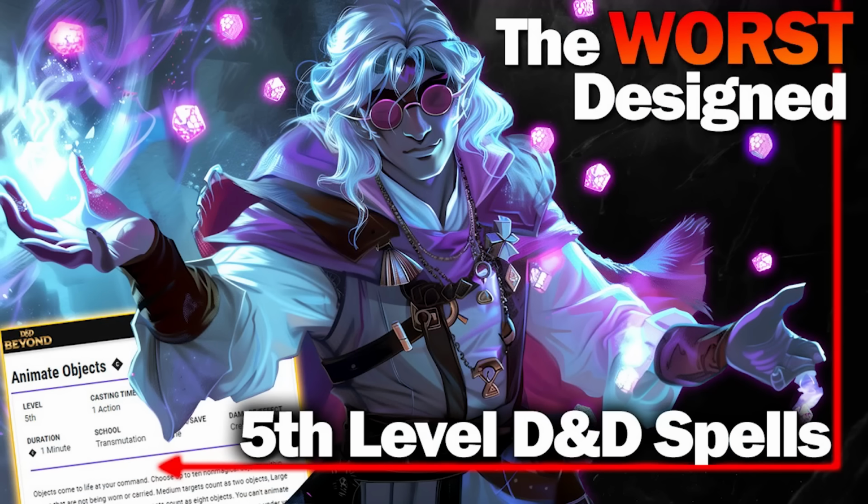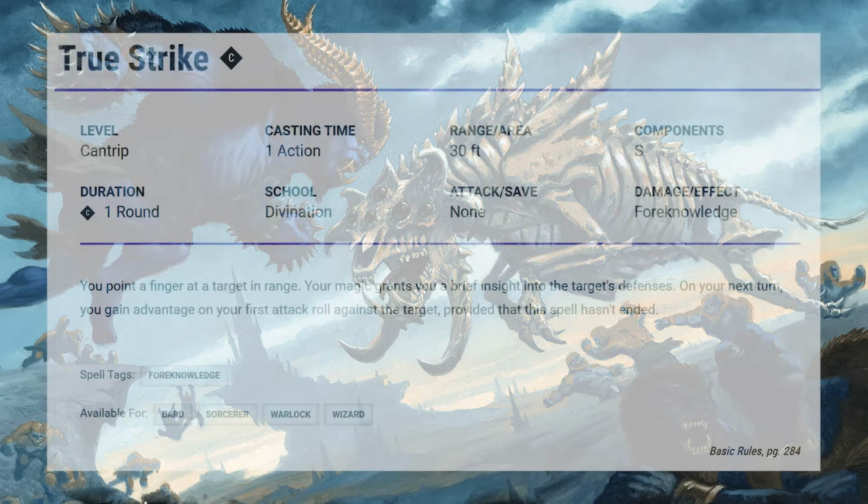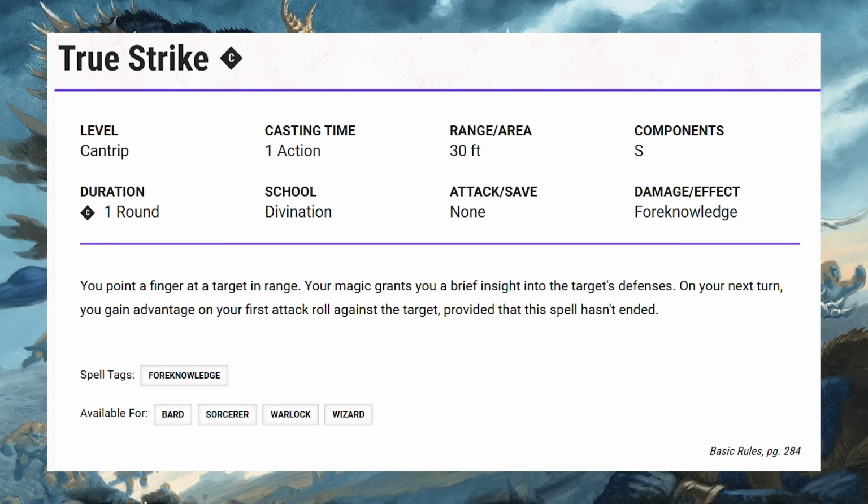If you've seen any of the videos in my Worst Design Spells series, you would have almost certainly noticed that the vast majority of them require concentration when they absolutely do not need it. Probably the most famous example of this and the easiest to point out is everyone's favorite, True Strike. This ungodly cantrip requires concentration at the expense of your action simply to provide advantage on one attack on your